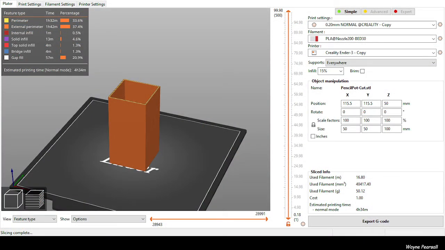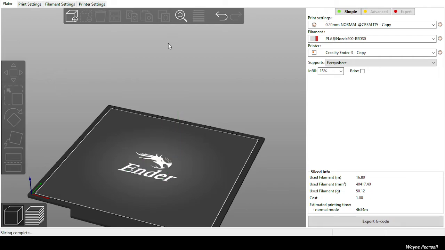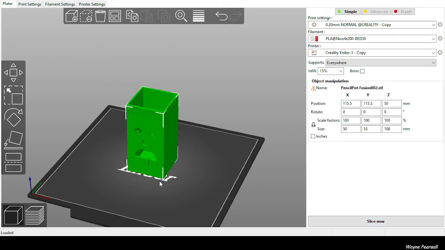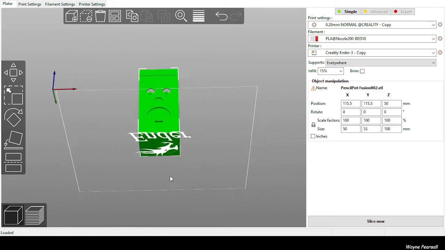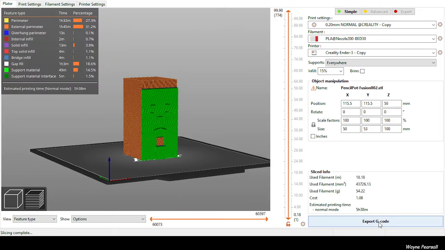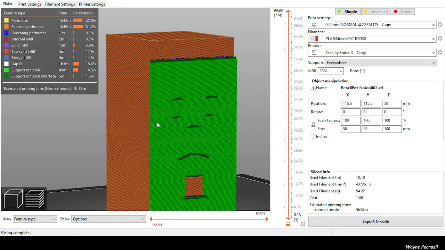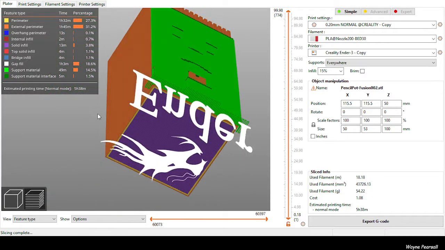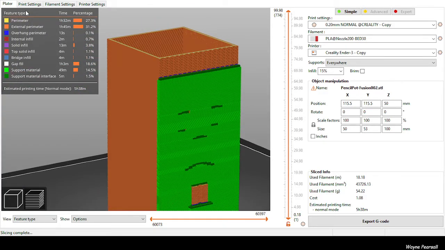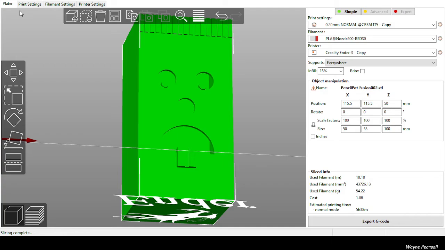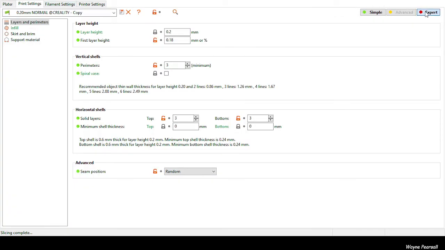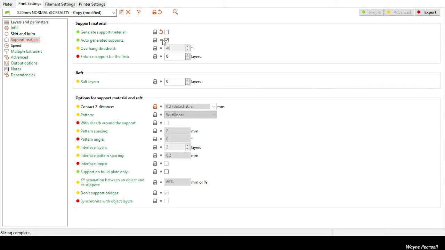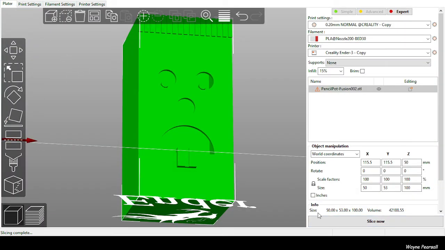We open Process Slicer. Just remove the last one and add in the new fusion. Looks okay. Let's slice it and see how long it's likely to take. And with all this extra stuff on here, we're looking at quite a lot of infill, but I don't want to print off all that infill, so we'll go back to the settings, go to the print settings. For some reason I'm not in expert. Support material, turn that off, save that, better, slice it again,